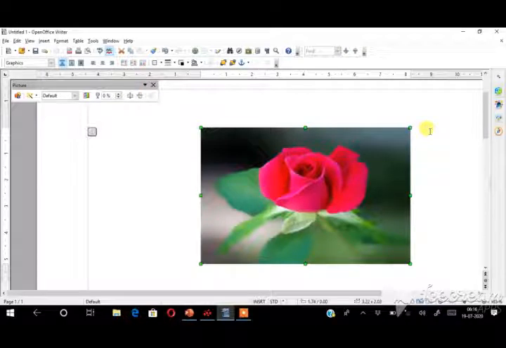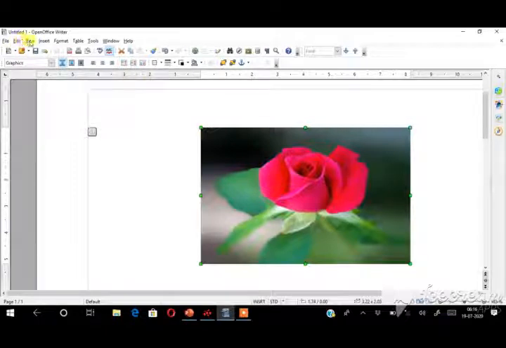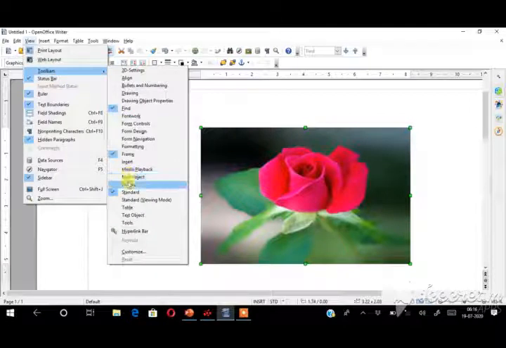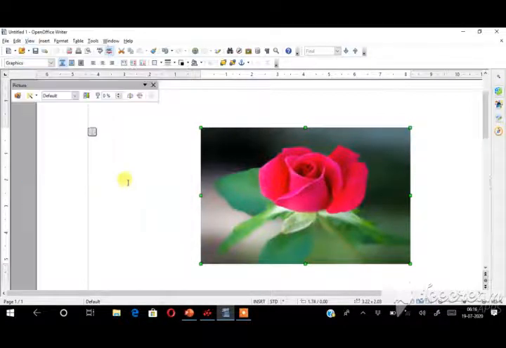So now you can see as soon as the picture has appeared, one toolbar has also appeared. This is called the modification toolbar. It has different options. If it is not visible to you, then go to the View tab. Suppose this toolbar is not visible to you. How can you open it? Go to the View tab and choose the Toolbar option and then choose the Picture option. So these are the different effects. Let us understand how these effects work.